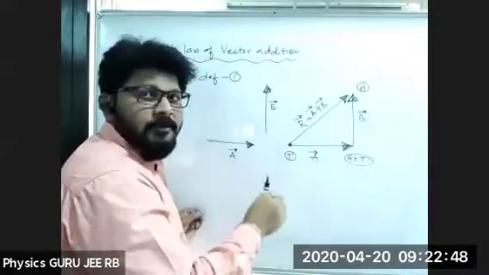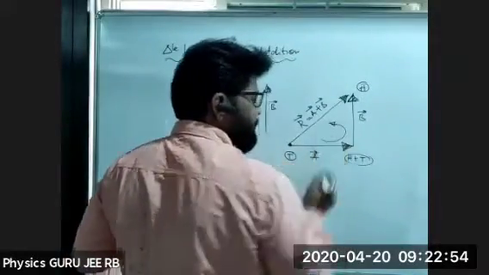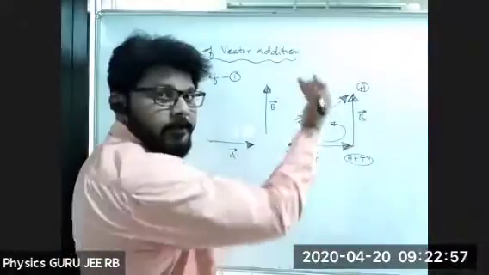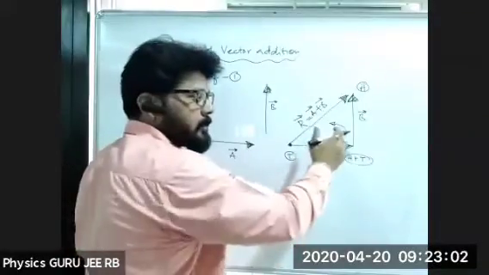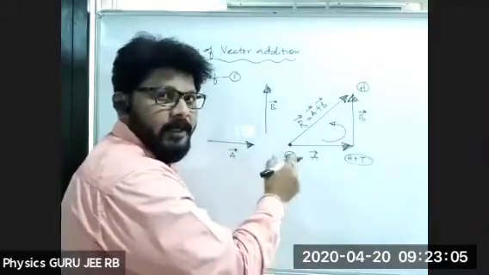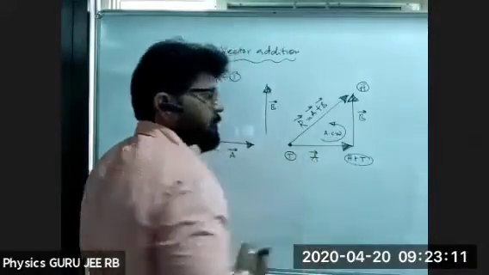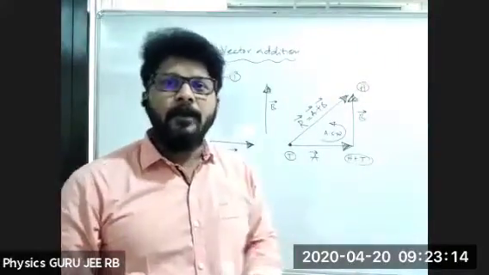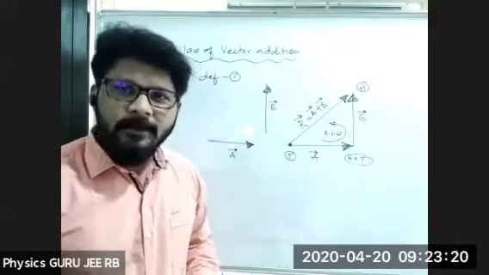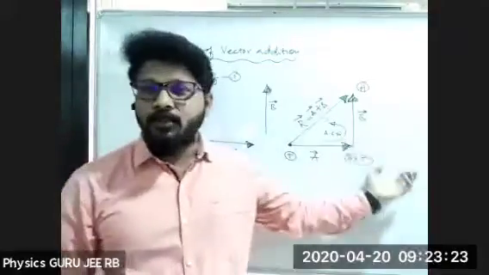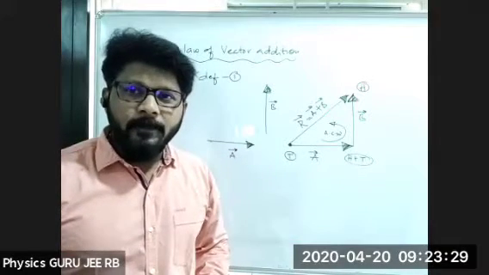This is an order. Order means if I take them in clockwise or anti-clockwise directions, just rotate them. So A, B, we are taking in clockwise or anti-clockwise? Anti-clockwise direction. Good. Now the resultant is taken in clockwise or anti-clockwise? Can anybody tell? The resultant of these two vectors, are we taking it in clockwise or anti-clockwise? Is there anyone who will answer?